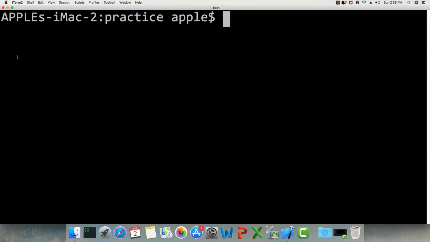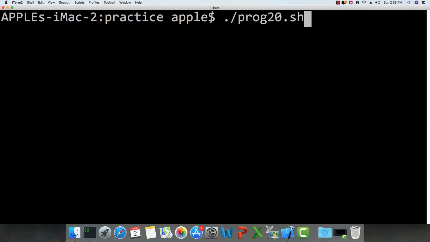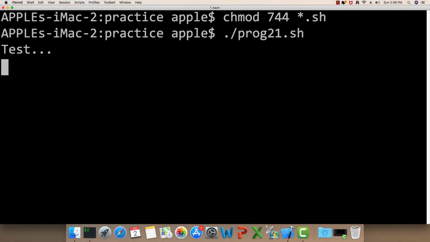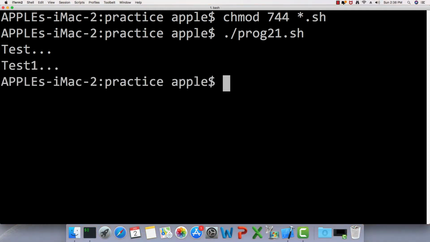Now let's go ahead and execute this. It has slept for 5 seconds, and then it printed test and it terminated itself. So this is how we can use sleep.